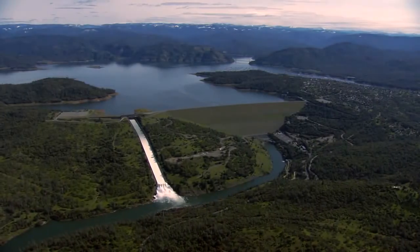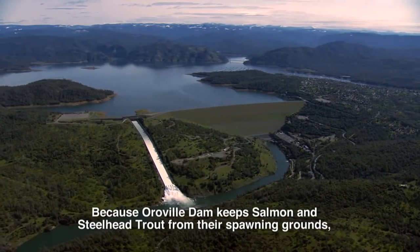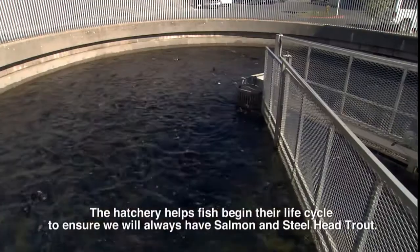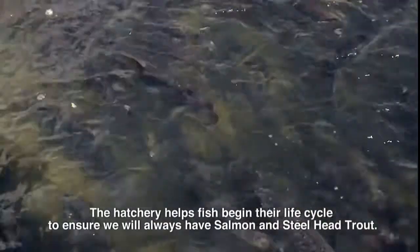An aerial view of the Oroville Lake and spillway. Because Oroville Dam keeps salmon and steelhead trout from their spawning grounds, the Department of Water Resources built the Feather River Fish Hatchery. The hatchery helps fish begin their life cycle to ensure we will always have salmon and steelhead